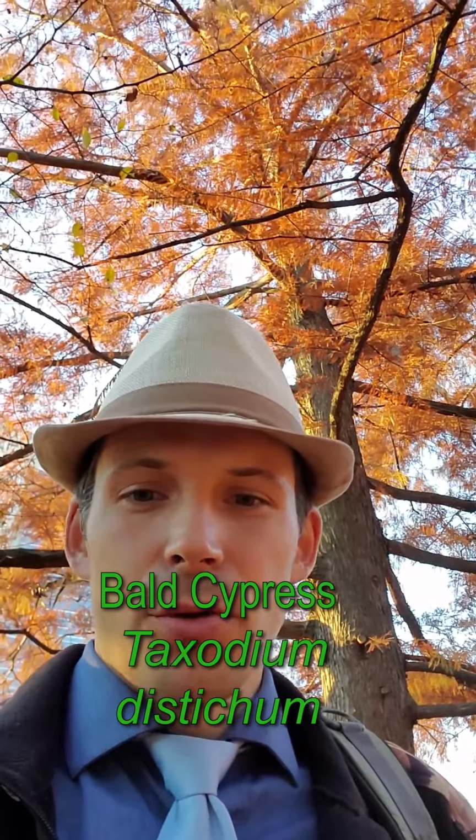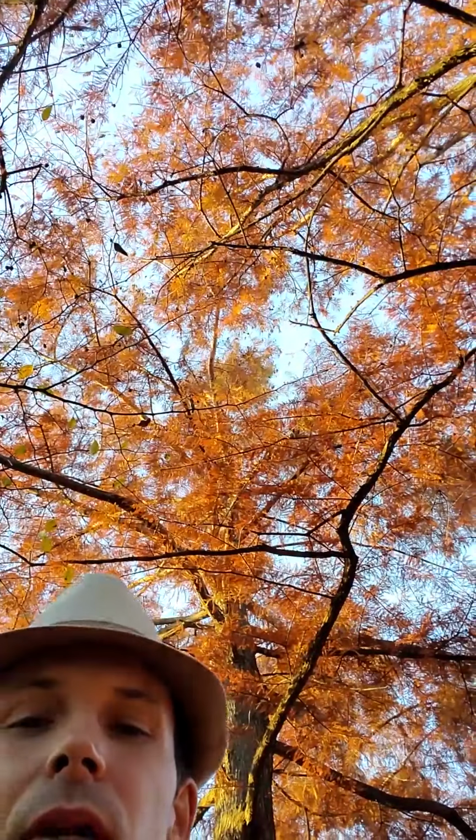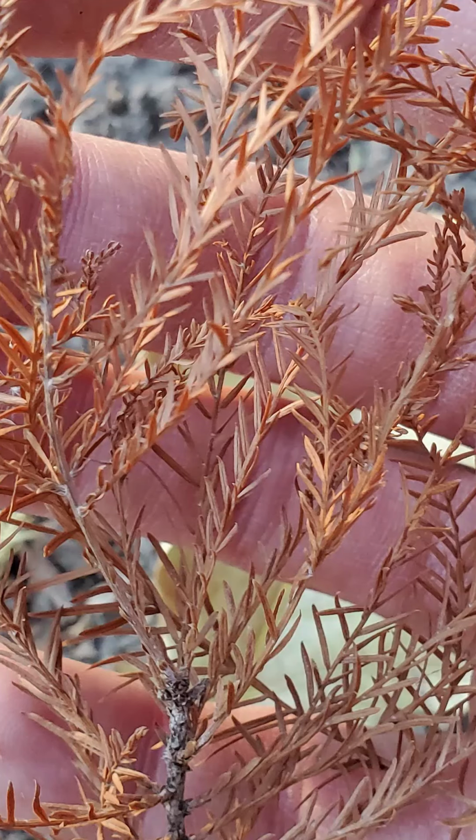Currently standing in a grove of bald cypress trees, scientific name Taxodium distichum. It's really beautiful right now. This is fall. These trees develop a beautiful cinnamon colored leaf. They're kind of an oddball when it comes to conifers. They're in the conifer grouping of trees because they drop their leaves in the fall, just like, say, a broad-leafed